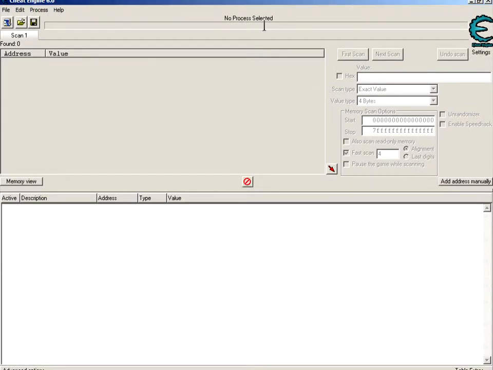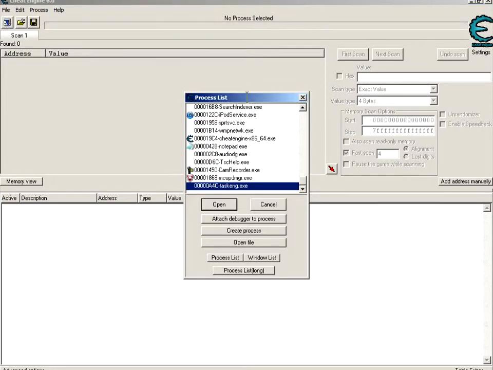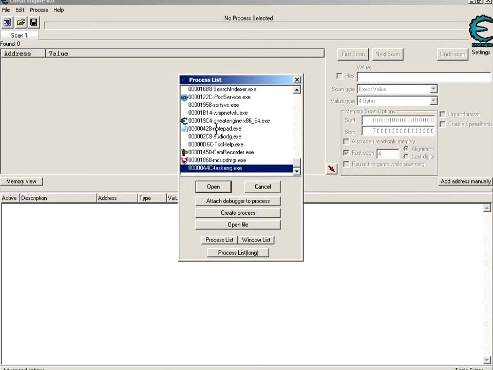And so let's move down. Right here is the process list. You can open a process like so. I'll open,